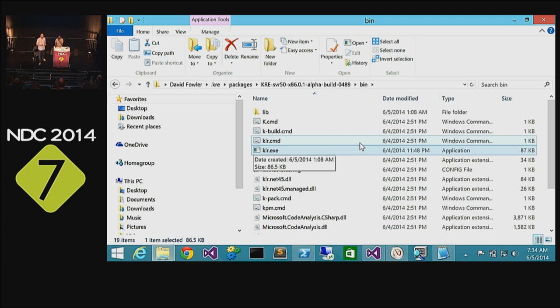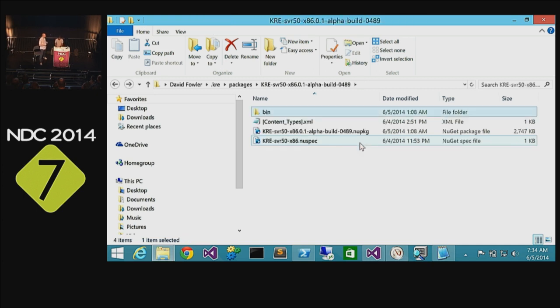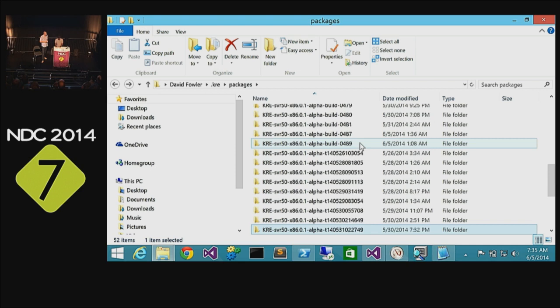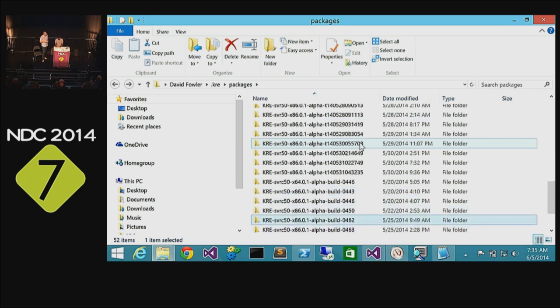And that's why Scott could take an app on a USB stick and run it on someone else's machine, because the core CLR, including this exe, was copied onto that USB stick. Okay? So let's look at that, actually. That's kind of interesting. So if we look at one of the servers, if I have one installed, server C,